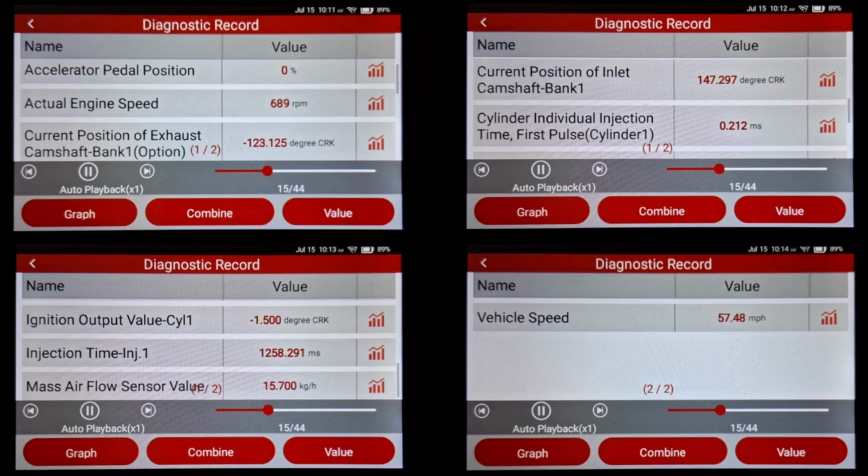At the same time, we have the GDI up here called cylinder individual injection time first pulse. Right now the GDI is at its minimum, which is 212 microseconds, 0.2 milliseconds. And that's the minimum it can do. They always pulse it all the time so it doesn't get carboned up. So this little bit, this 212 microseconds and 1258 milliseconds together is what's making the engine run at this